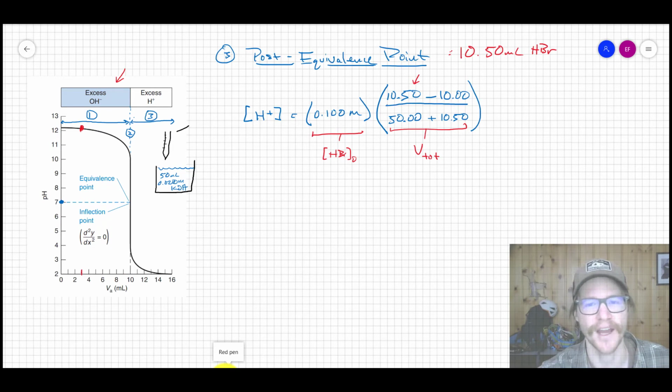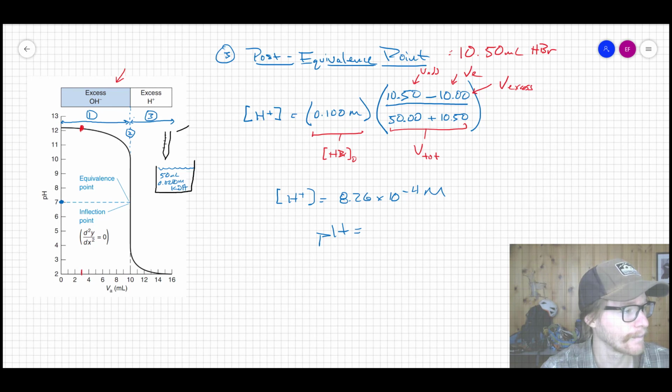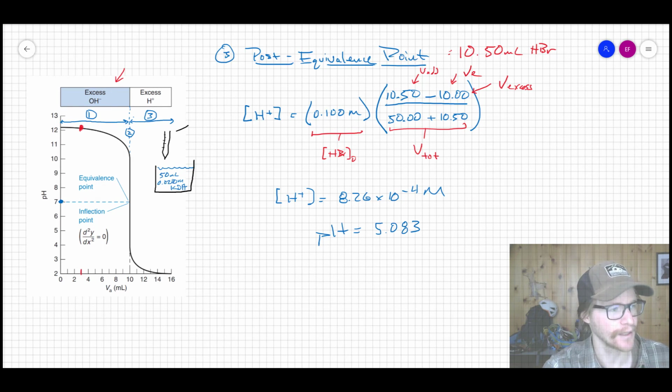So either way is totally fine. This is just a fast way. So this would be our VE, this is our VAdd, and so collectively this group is VXS if you compute it. So it's the volume excess multiplied by concentration gives you moles of excess divided by the total volume. So if you do that, then the H plus concentration here is 8.26 times 10 to the minus 4 molar. So negative log of that gives us a pH of, let's see, that gives us 5.083 as our